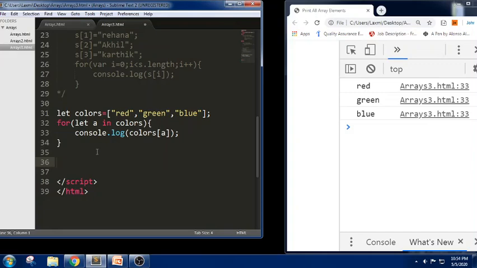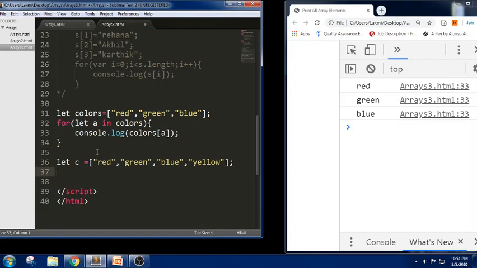Now we can write the same code using for each also. For each also is used to iterate the array objects. If you want to iterate the list of array elements, it will take a callback function for each and every array element. So let me write the snippet so that we can understand. I'm trying to take, let C equals to red, green, blue and yellow. So we have taken multiple colors in the form of array. The array name is C here.